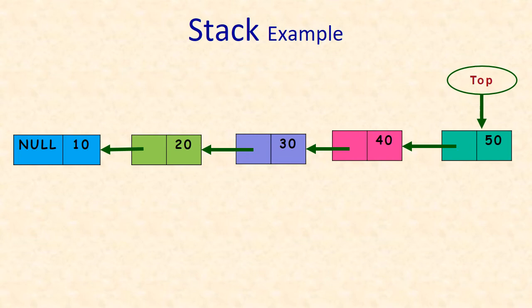If you want to place a new node, you have to keep it on the top of that node. So 20 is placed on 10. That is why 20 holds the address of 10. 30 holds the address of 20. 40 holds the address of 30. And 50 holds the address of 40. In this example, 50 is the top node. So top is a pointer pointing to the last or top node in the list. This is how the stack will be implemented. Now we will see the implementing procedure.